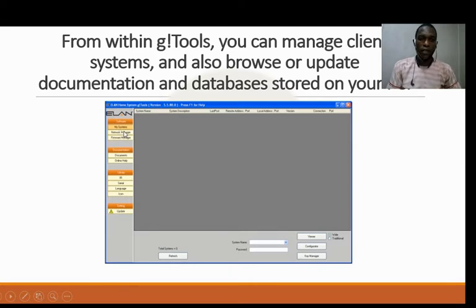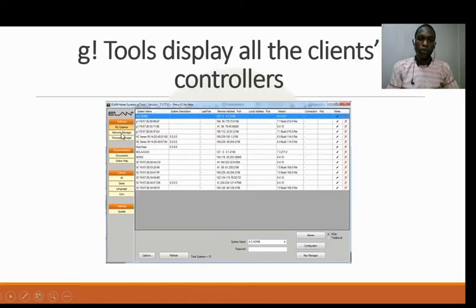For this network manager, the moment you connect, it's assumed you have already connected your controller to your network, because there must be a local network there. Then you come to this network manager, and that is where you will have your controller, and you see the IP.